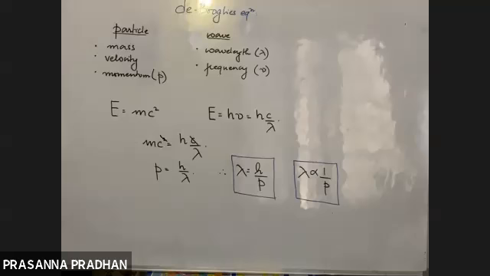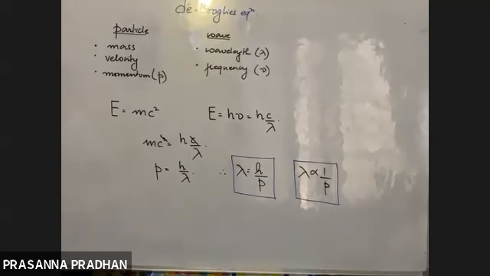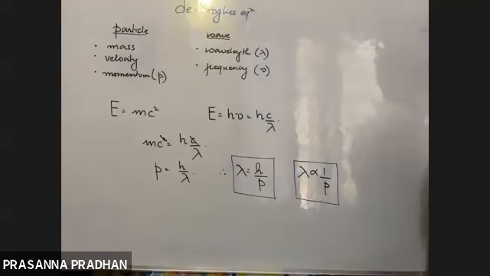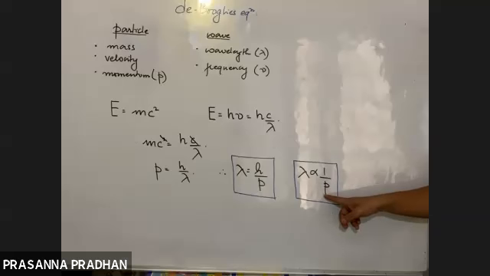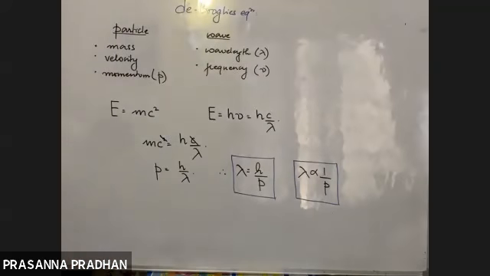Now, what is the conclusion? Let us discuss this. Someone please explain: what does this mean? How are momentum and wavelength related? Inversely proportional. That means if a radiation has greater wave character, the particle character will be minimum and vice versa. Greater the wave character, lesser will be the particle character and vice versa. So these are inversely related to each other.